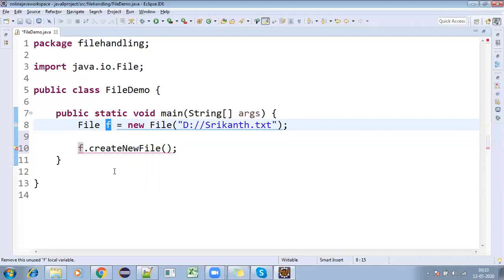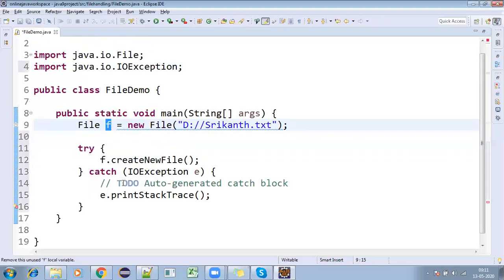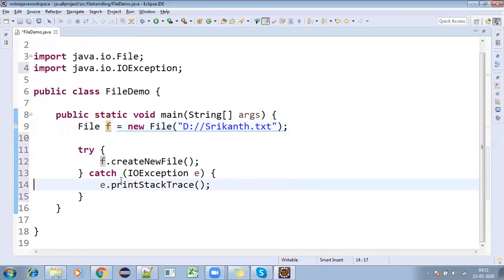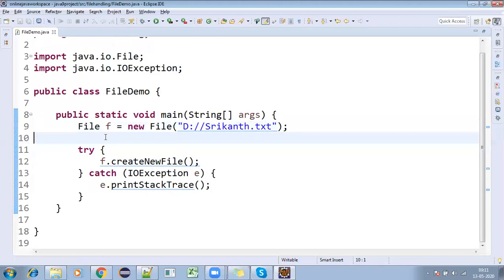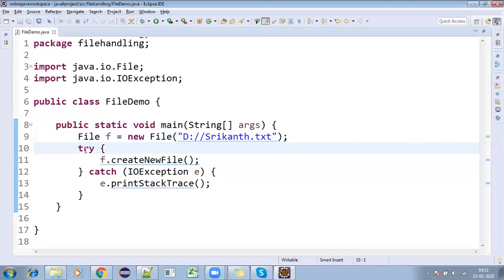That is the reason you need to handle this exception by using try catch, or by using a throws declaration. But the recommended thing is going for the try catch block. So we'll be using a try catch block. For Gautami and Sampath, we didn't discuss exception handling, but I will tell you what is happening.